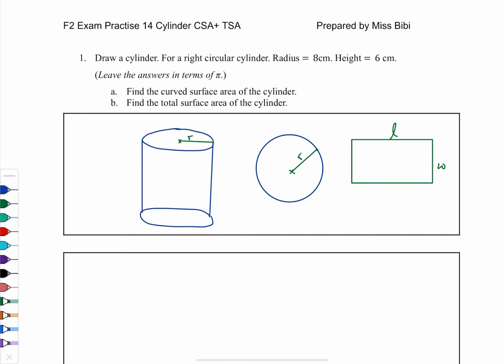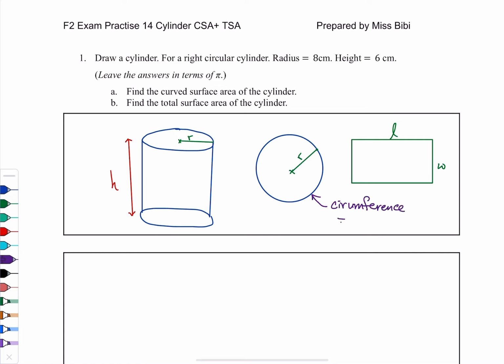So in 3D shape, we don't call it width. Instead, we call that whole thing as height. So we have our radius, we have our height. Now, can I find this curved surface area? How do I find that? That will be length times width, right? And that length is now made into a circle outer line. So how do we find this outer line? Do you still remember? To find this circumference,